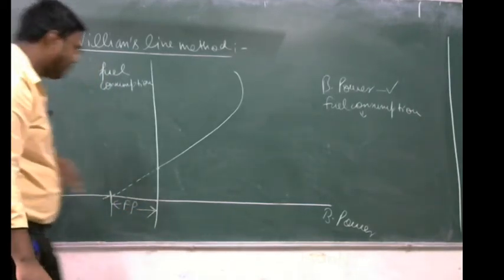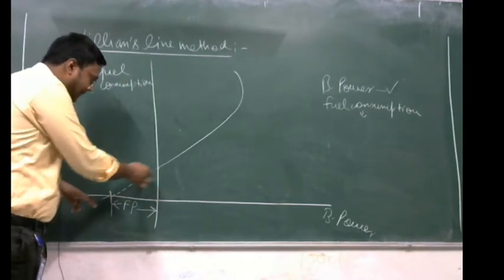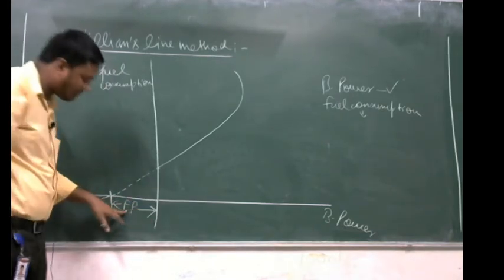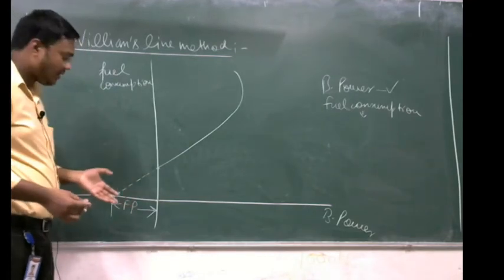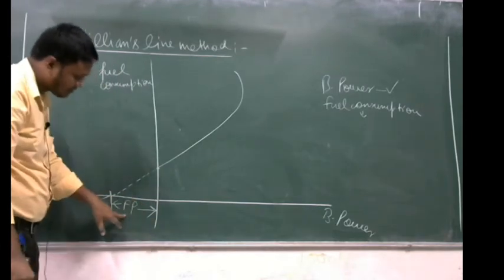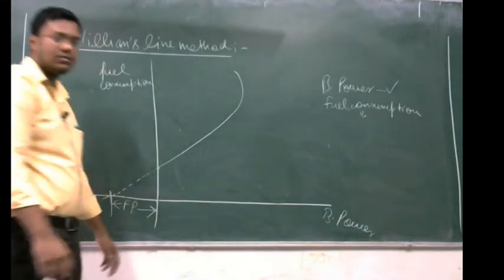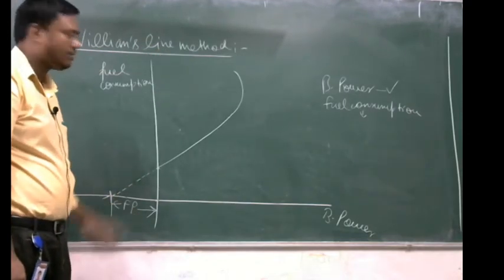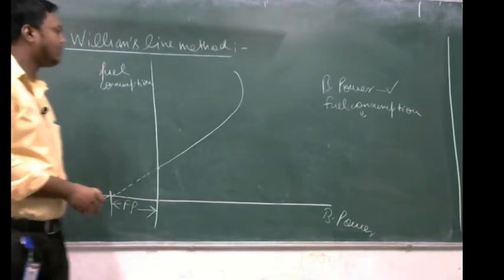This is the brake power axis, but when we extend this line it will cut the negative axis, and on the negative axis what we get is actually the frictional power. Frictional power should also be negative. So this much amount on this graph shows the frictional power, and on the positive axis this will be brake power. So by this method, the Willans line method, we can also measure the frictional power of the IC engine by plotting the graph. So these are some methods of testing of IC engine.